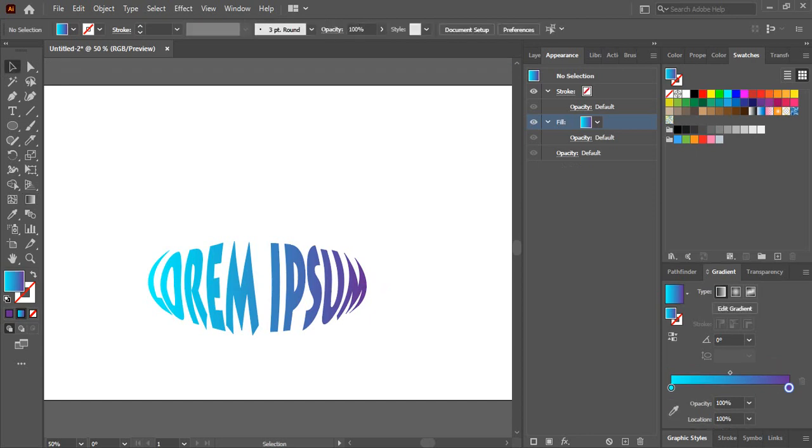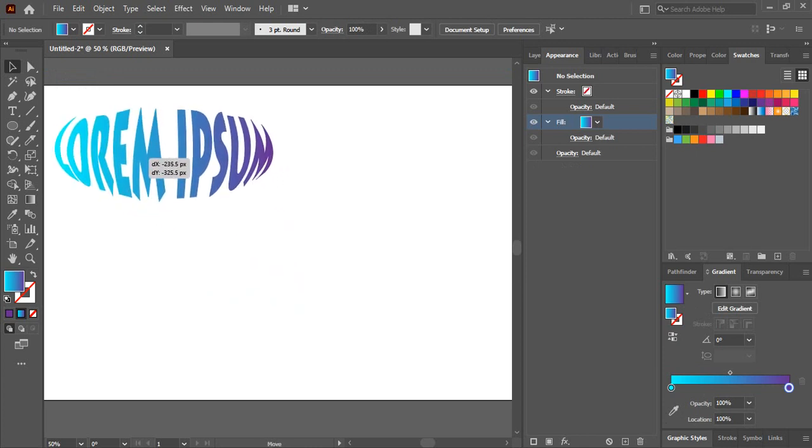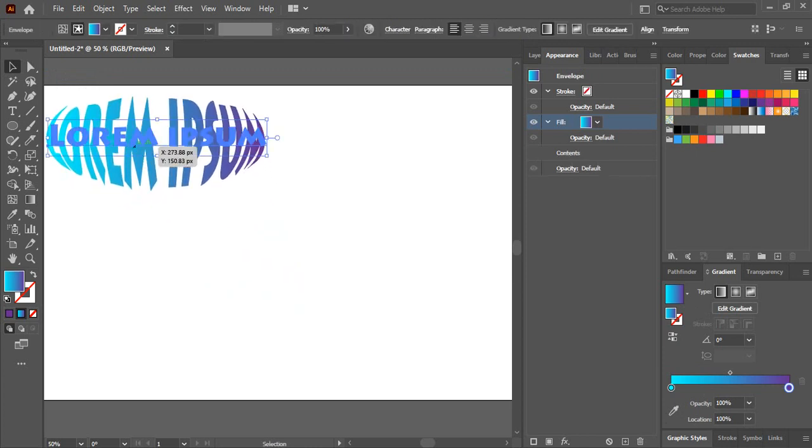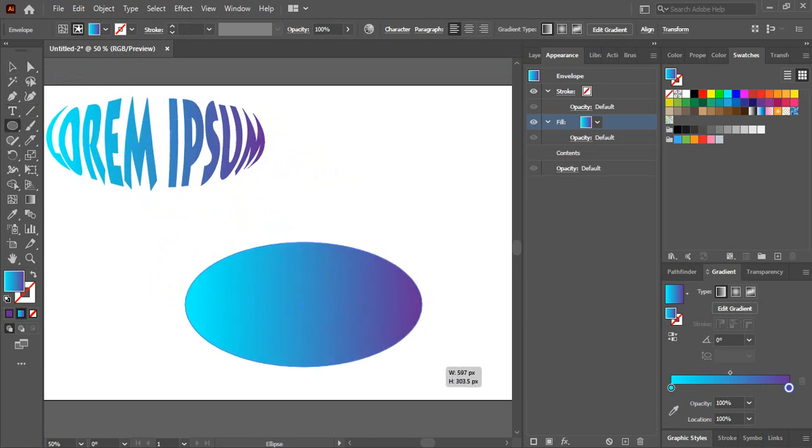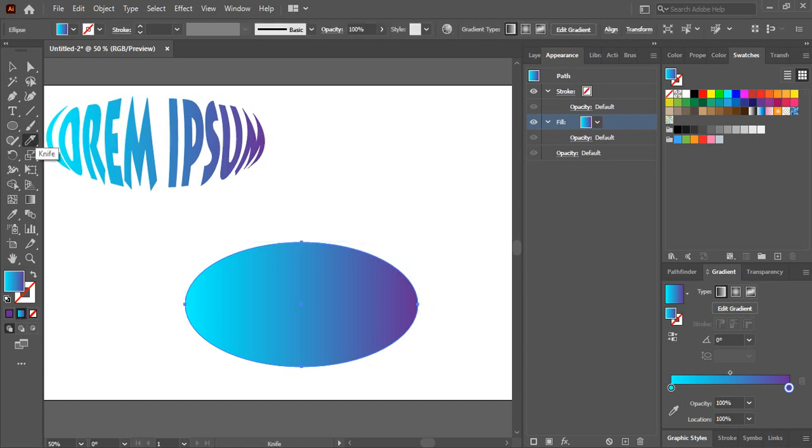This way you can warp or shape any object or text easily. You don't need to just use this kind of shape. You can do it with any shape. Like I'm just going to do a quick cut, like